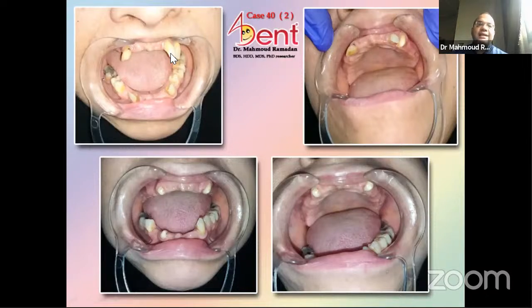First, we extract this lateral incisor because it will approximate with and as an abutment with the canine. So it is better to leave the canine alone as we made here. Sorry, we extract this lateral incisor and we make endodontic treatment for both upper canines here and here,